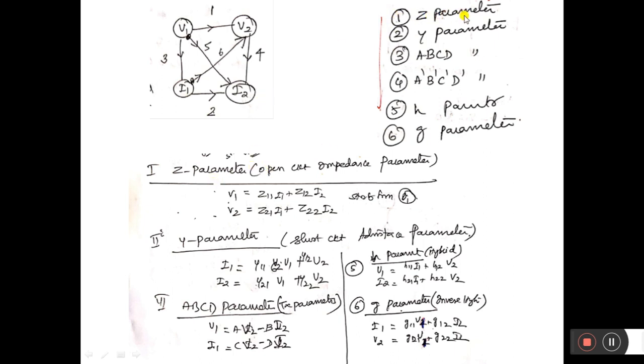First one is the Z parameter. That is here V1, V2. You write it in the left hand side. Its opposite value is I1, I2. You fill it in the right hand side. You know the terminology: Z11, Z12, Z21, Z22, the four parameters. You fill them in. That's all. First one, V1, V2 in the left hand side. Its opposite value I1, I2, you fill in the right hand side.